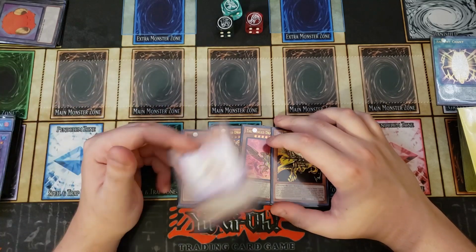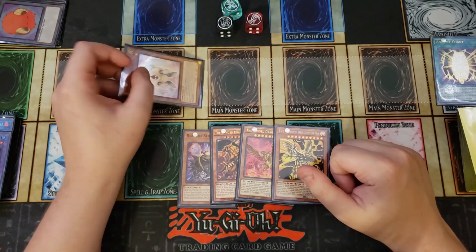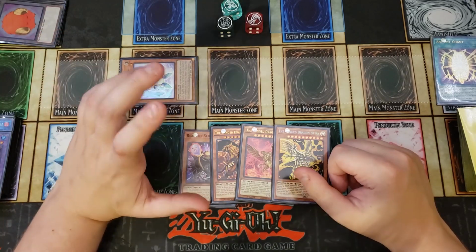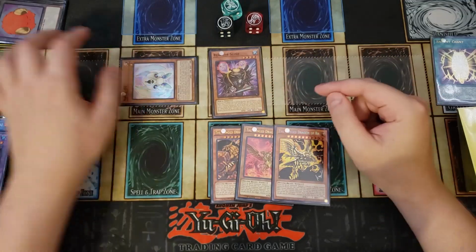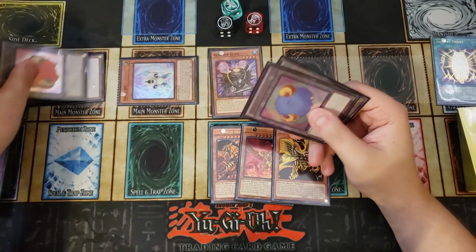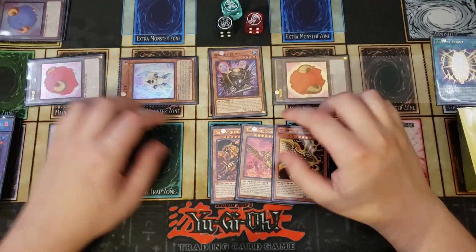So we're going to go ahead and reveal the copy of the Winged Dragon of Ra, any of the 3 in our hand, to immediately special summon this to our side of the field. And then after you do, you can normal summon out the copy of the Reactor Slime, and then you can special summon out the 2 tokens to your side of the field off Reactor Slime, and then tribute them off